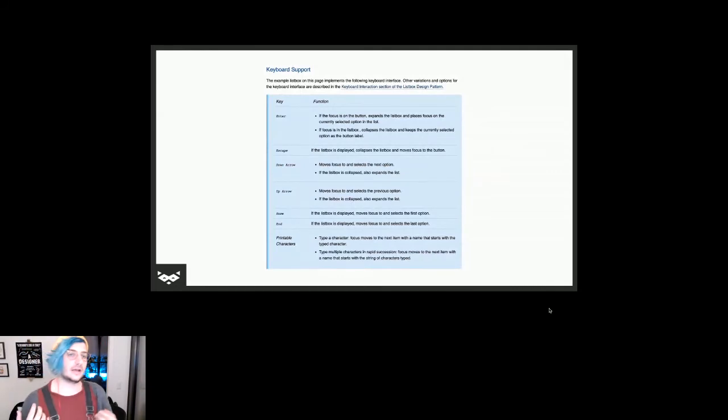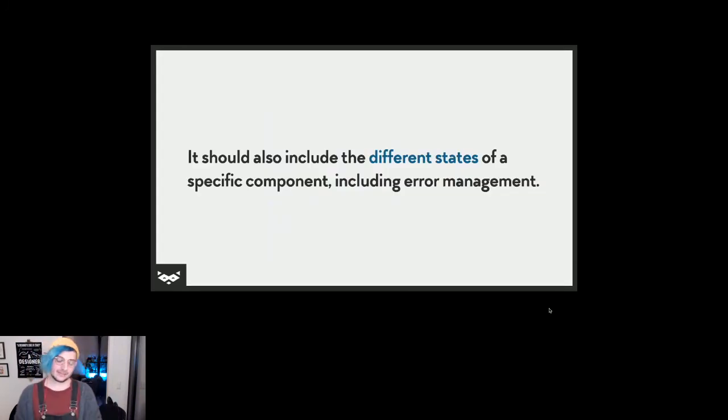One more time, this is a screenshot from the ARIA authoring practices. Really helpful for the keyboard support because it means that we don't have to think about it too much. We just have to make sure that what we're building is more or less working with this kind of pattern in mind. And next to all of that, we also have the questions of state management, and especially the error one,